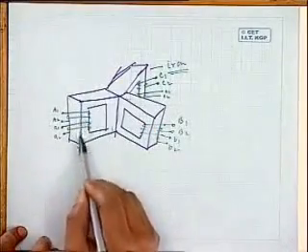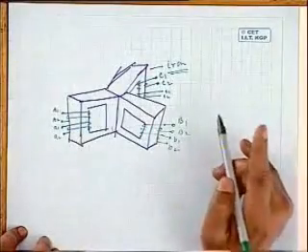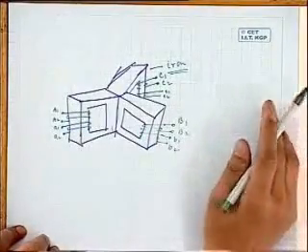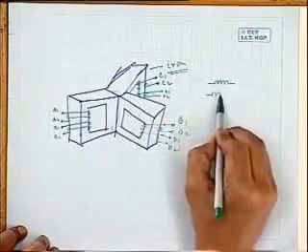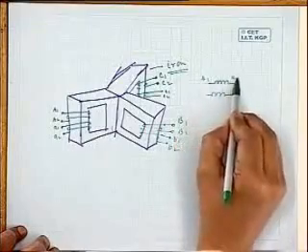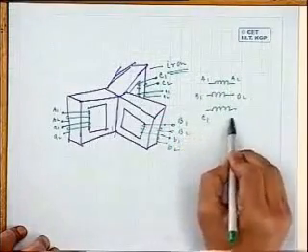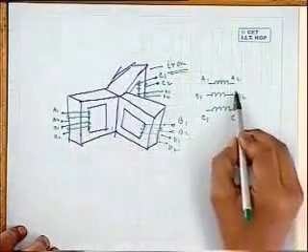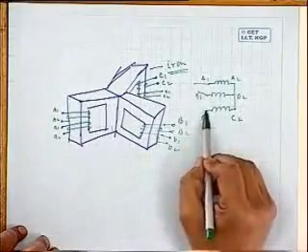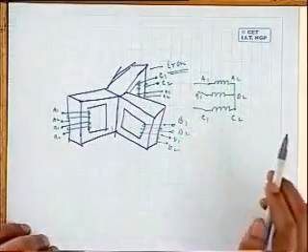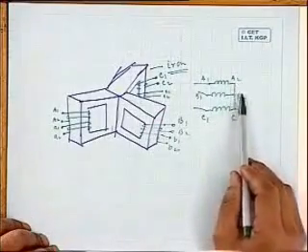For each phase, the primary and secondary windings should be placed on the same limb, because the induced voltages are to be in phase respectively. Now suppose I consider only the primary windings, A1, A2, B1, B2. I am drawing them in this way for connections; physically they are like this. Now suppose I connect them in star and give three-phase supply to A1, B1, C1.